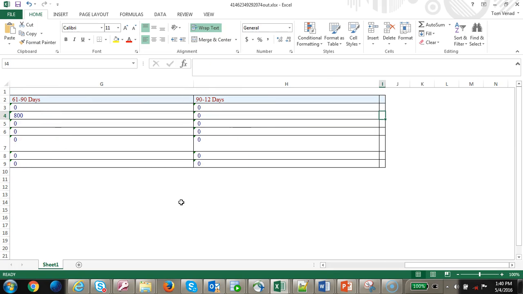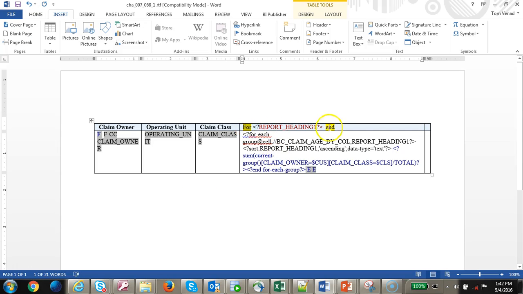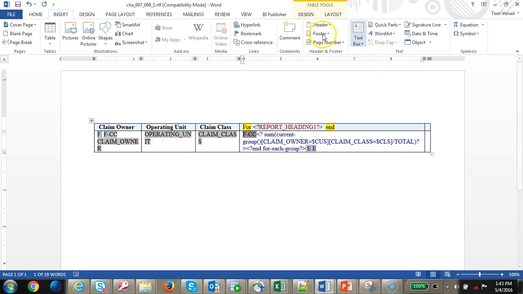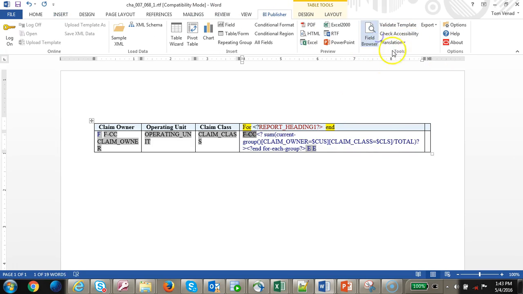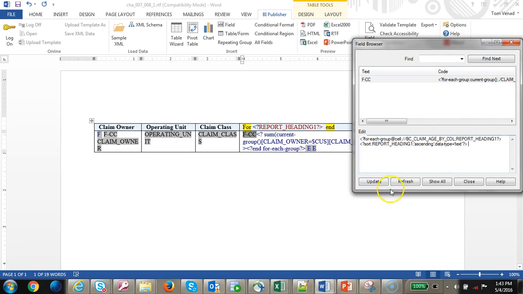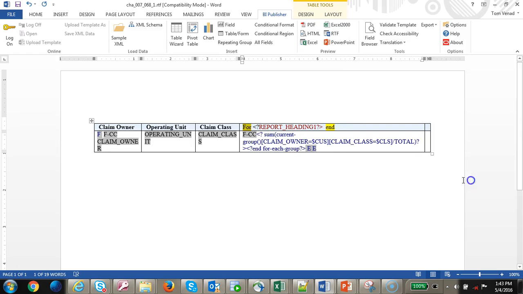Let's go ahead and add the totals, and let's do some cleanup before we proceed with the total. So I'm going to copy some of the fields here and make it better. So let's make this cleaner. I'm going to put this value here. I'm going to copy till here, and going to change this value here. It's going to be a publisher, field browser. I'm just going to replace this value with that. So it's that clean, and let's go ahead and I'm just going to copy this variable down to here, and